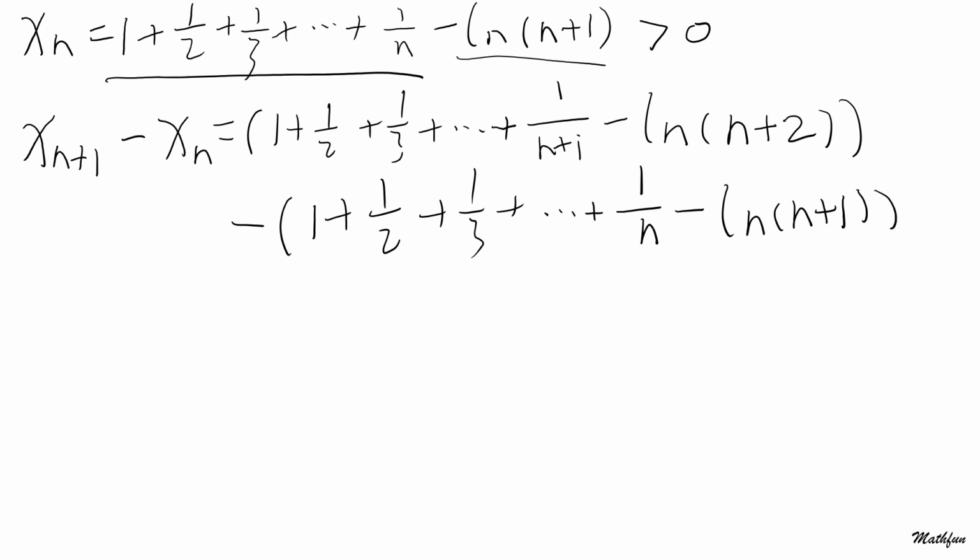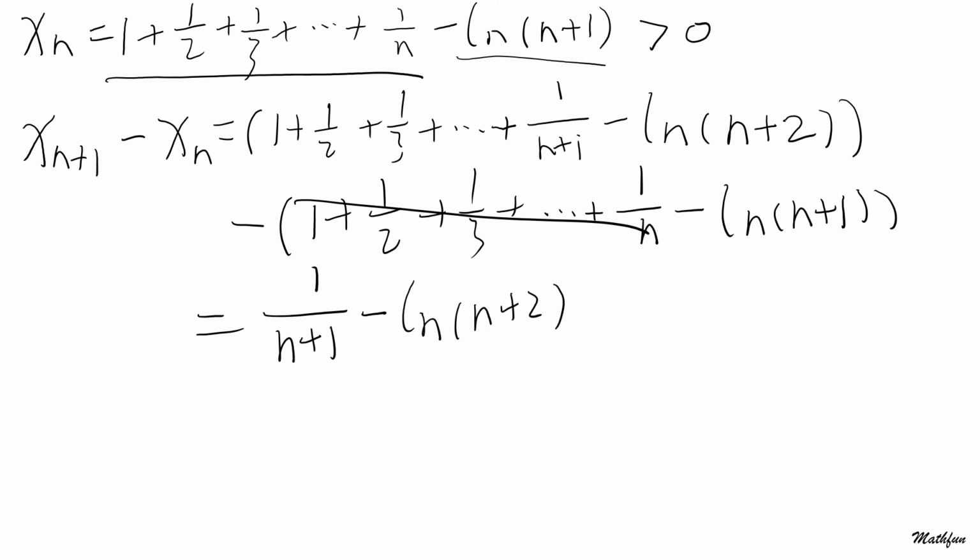That is obviously equal to, all those ones cancel out, don't they? So that equals the reciprocal of n plus 1 minus the natural log of n plus 2 plus the natural log of n plus 1,